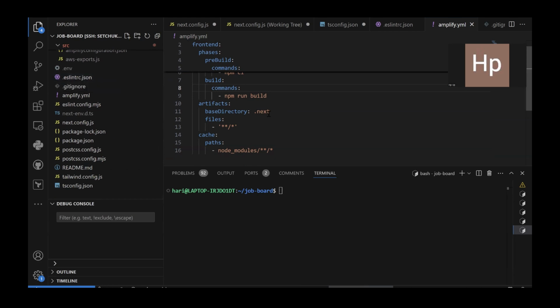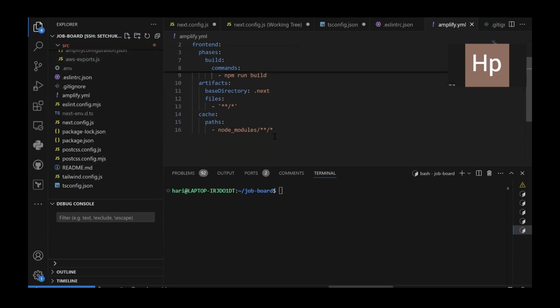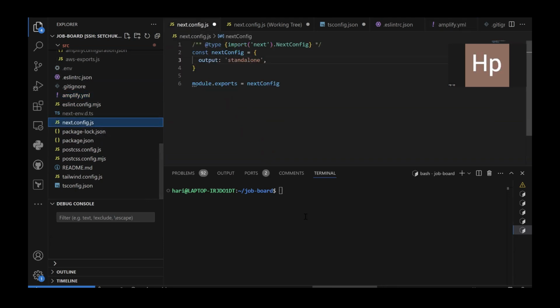So we need to fetch that .next framework as well as the files. Files is star star backslash star. We just get all the files, as well as the cache path node_modules. We also capture all node modules also. So then, after setting up that Amplify and next config, we'll go with that